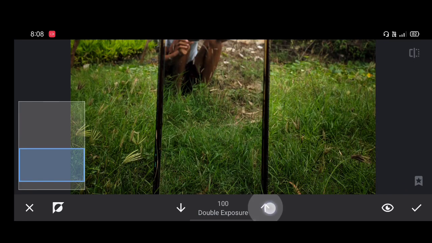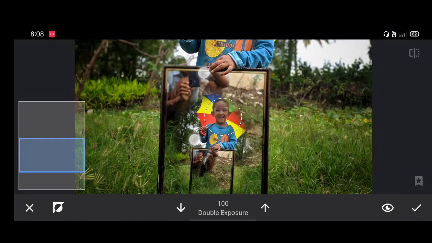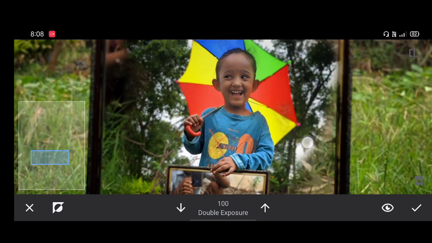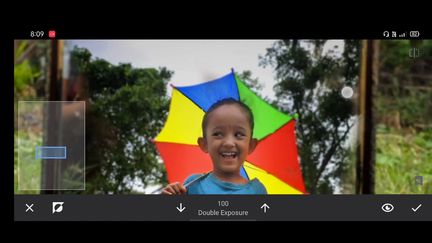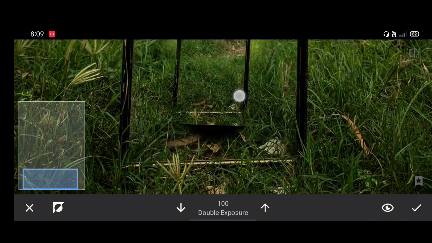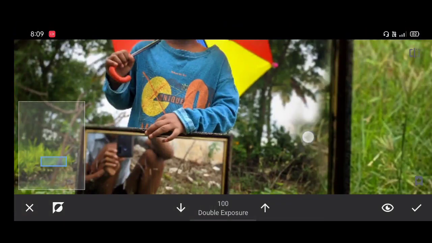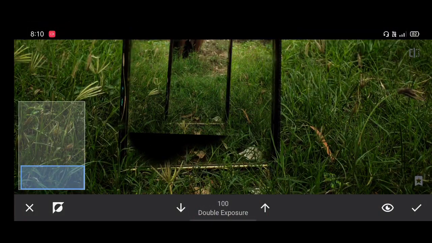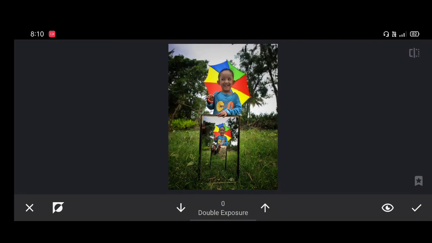Increase the level of double exposure till 100 and start brushing in the frame. Once the brushing is done, click on the right mark.